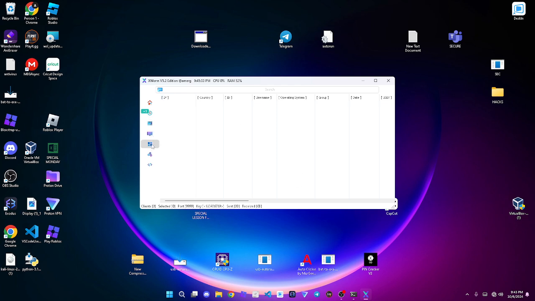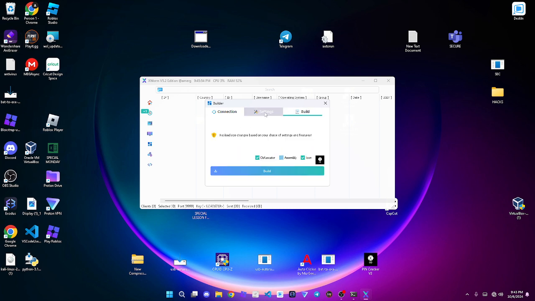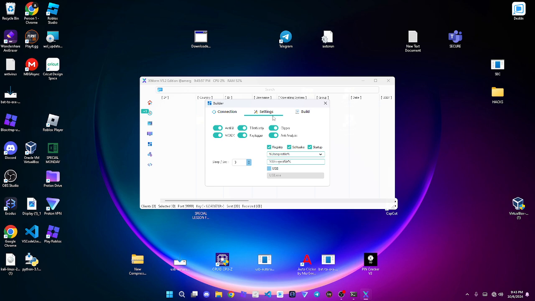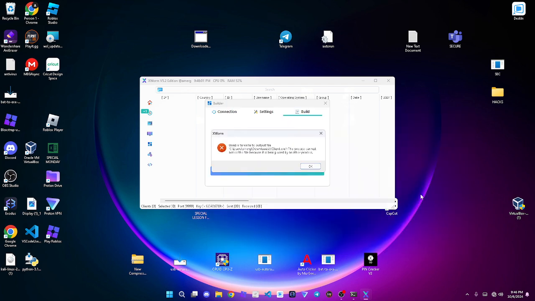Now I am going to show you how to do it. Here you need to host a server in playit.gg. You can go on YouTube and search how to set up a server for Xworm. And after you set up a server, you can put it here and the port. And here, you turn all of this on, and now you can build the X client.